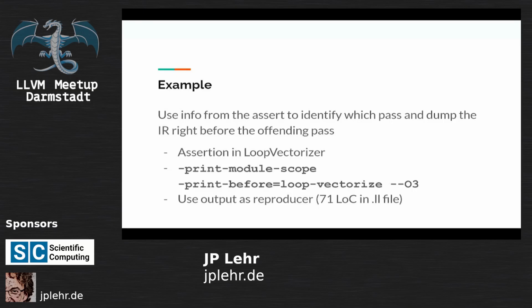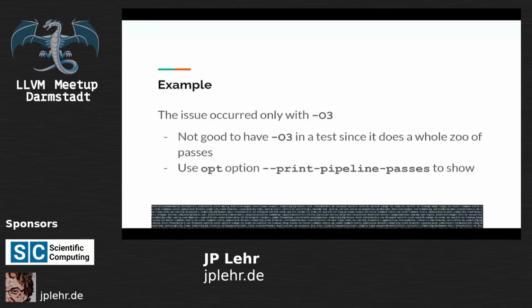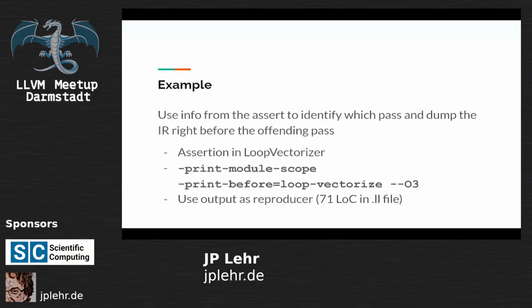So then what you can do is, the assertion is in the loop vectorizer, and from this printout, we know that it's called loop-vectorize. So what I then did was I used print-module-scope and print-before=loop-vectorize